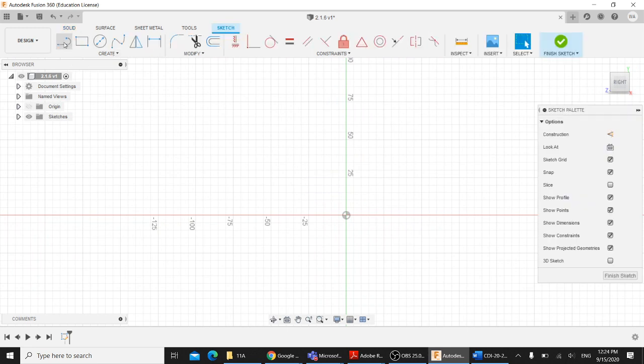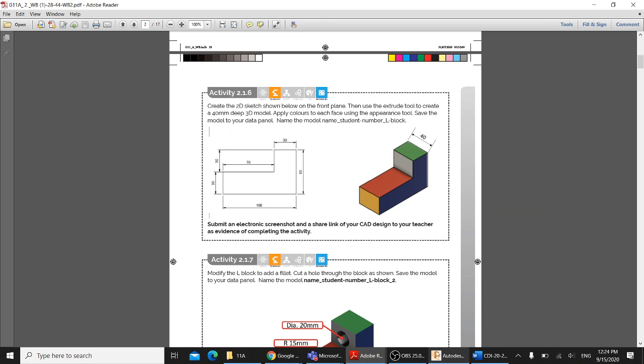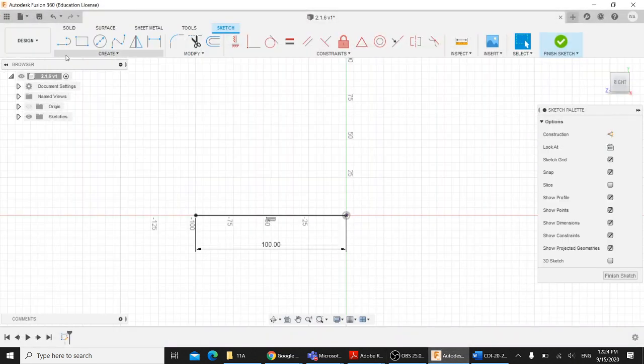So, for example, I will draw first. This is my line. I will draw the first line, which I will make 100. Click enter, and it asks me, yeah, this line is 30. So I will start from this point and draw above 30, which is at 90 degrees. Click enter. Again, I will draw a line with angle of 0, and it asks me to be 70. So I will click enter,